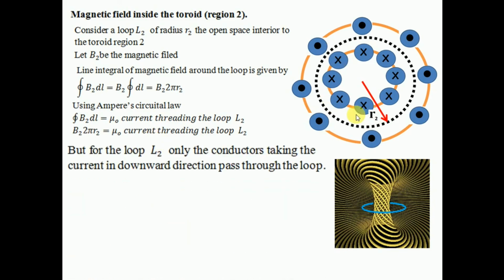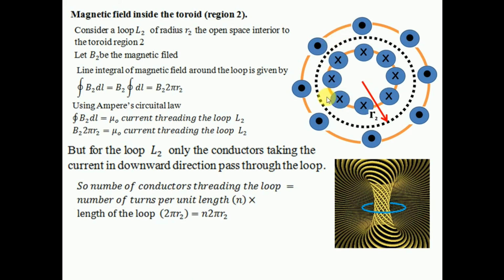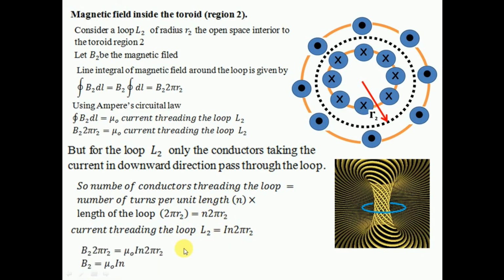Now the number of conductors passing through this loop can be written as the number of turns per unit length into the length of the loop. So this is n into 2 pi r2. So the current threading the loop L2 can be written as the number of conductors into the current flowing through the toroid, that is I. Now if you put the value of current here, you will get B2 times 2 pi r2 is equal to mu naught I n 2 pi r2. So 2 pi r2 will get cancelled, so you are left with B2 is equal to mu naught